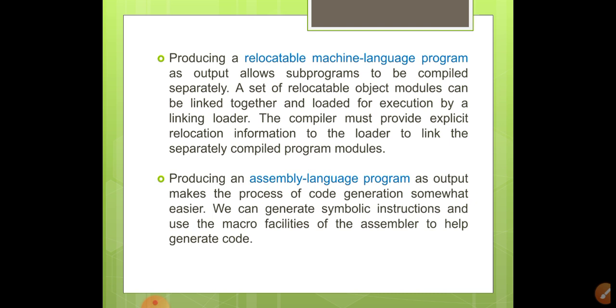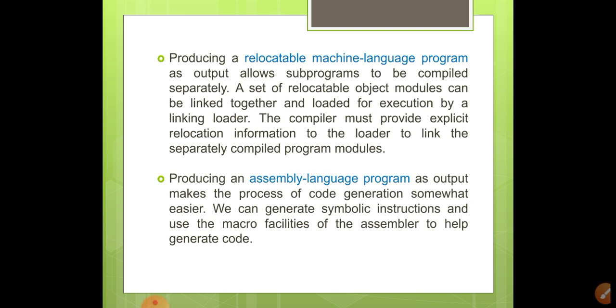Here, there is no confirmation that your program should be loaded into the address assigned by the compiler. Sometimes, not only sometimes, most of the times, your program should be loaded into a different location. So the compiler should provide some additional information to perform the relocations. So this kind of program is called a relocatable machine language program. Most compilers perform this kind of activity to perform the relocations.